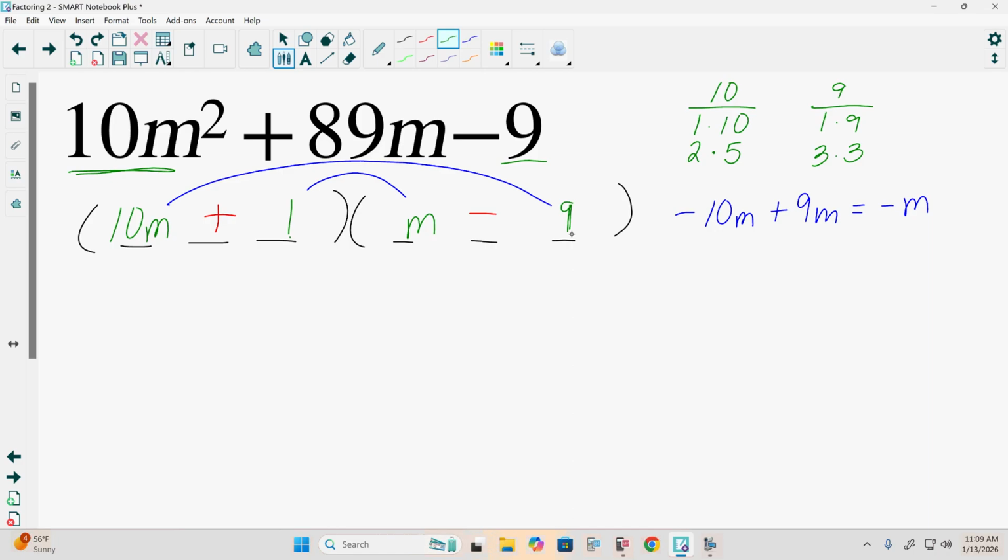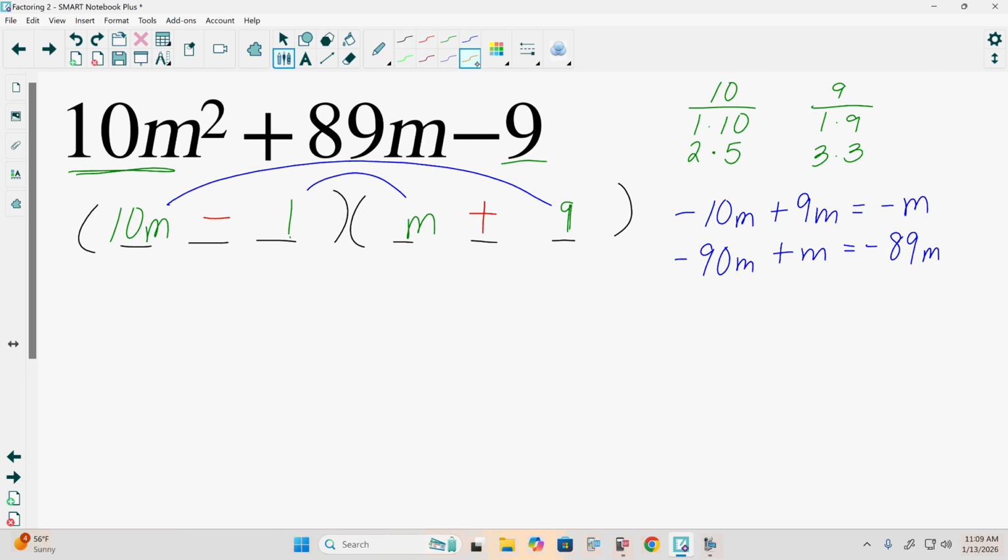Now 10m times negative 9, 10 times negative 9 would be negative 90m. Positive 1 times positive m, 1 times m is going to be plus m. And negative 90m plus m, negative 90 plus 1 would be negative 89m. Is that the middle term that we wanted? No, it is the correct number, but wrong sign. So what we can do is flip